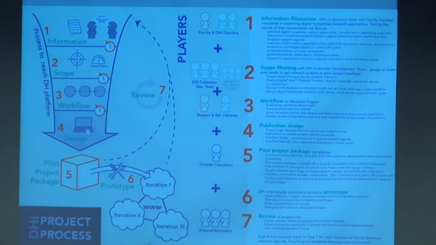But the reason I wanted to show you this slide is because it took us forever to figure out how to do this stuff, right? And what I find really validating is other centers, other initiatives that are about the same place as we are doing kind of the same thing. You see these characteristics. You have to do this consulting phase. You have to do a scoping phase. You have to go through the process of designing. Then you kind of go through a prototyping phase. And this is true whether it's archive-based research or an innovative seed exploratory project, which kind of runs the continuum of what we do.